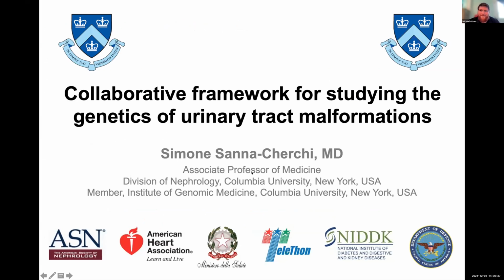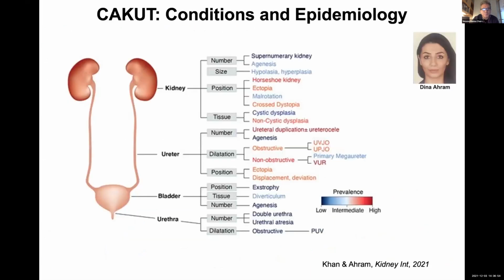Okay, so I'm going to try to broadcast a little bit what we are doing in terms of collaborative framework in general within the scope of our P20 and more broadly on urology research that happens at Columbia and especially in my lab. So what we're talking about is congenital anomalies of the kidney and urinary tract, and here